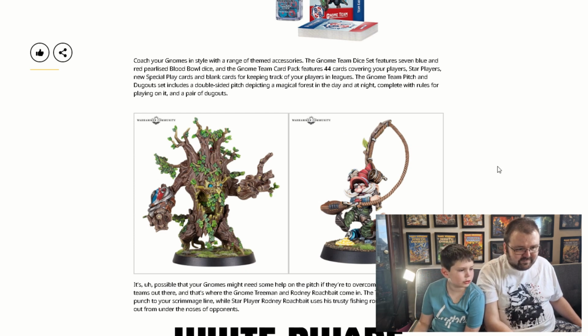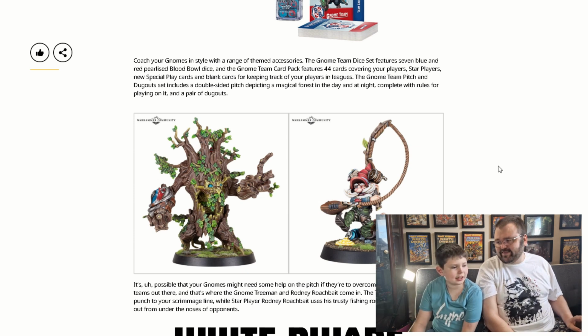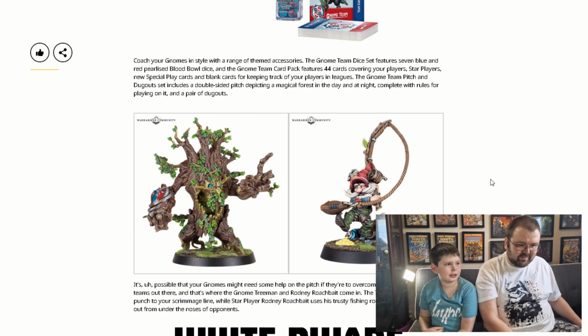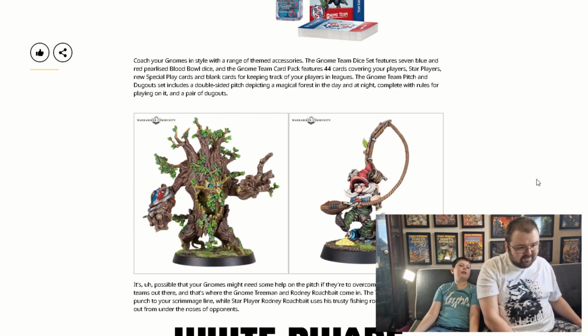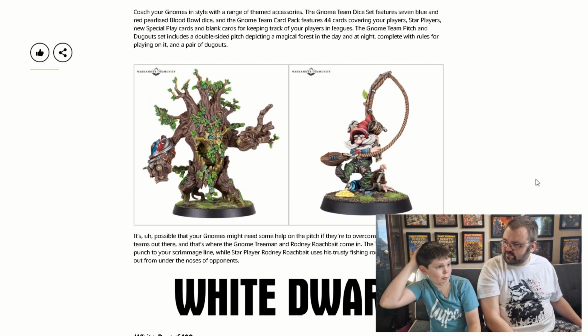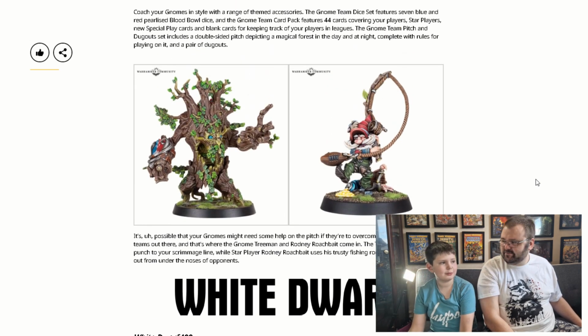I don't like them tree men. I want my old tree men, my big tall tree men. You like a big tall tree man? They like to fall over when they die, like they have in Blood Bowl 2 on the Xbox. When they get hurt, they just fall like this. Yeah, that is the thing. Because I bet they go like this. Quite possibly. But the ones in Blood Bowl 2 just go...